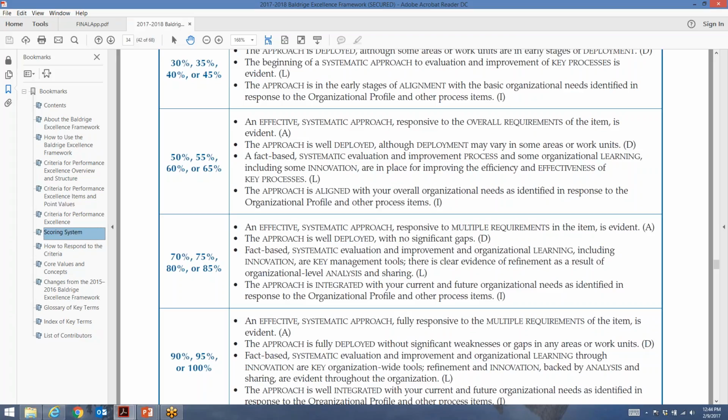So how would you do that? Well, a couple of ways. One of them, and we did this back in 2006, and I kind of laughed at it back then, but it worked, is that when we wrote in the application about an approach, we'd say it's well deployed and it's gone through multiple cycles of improvement.